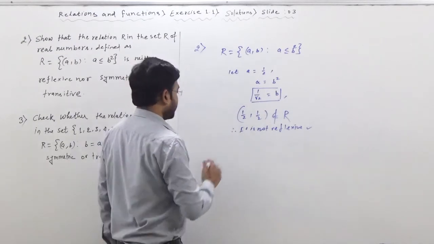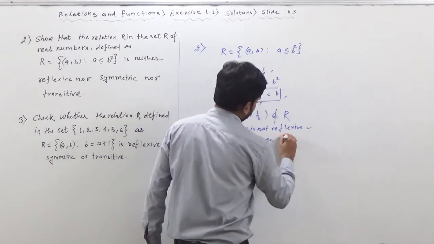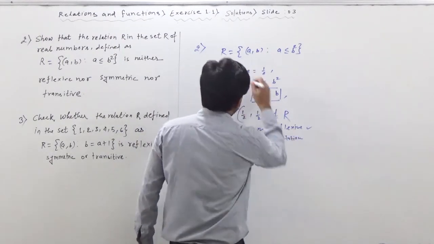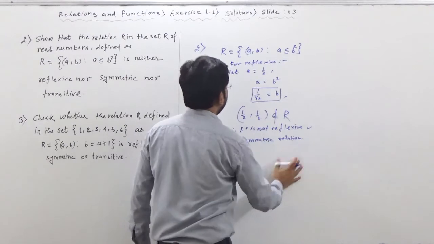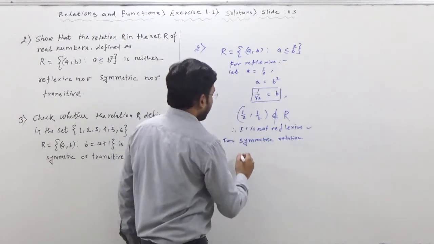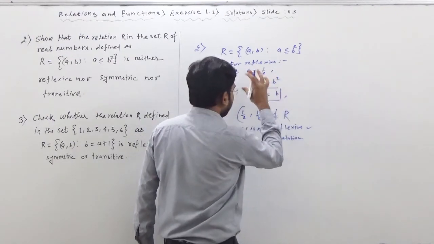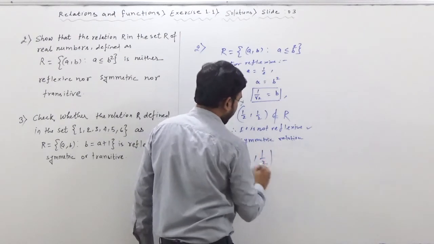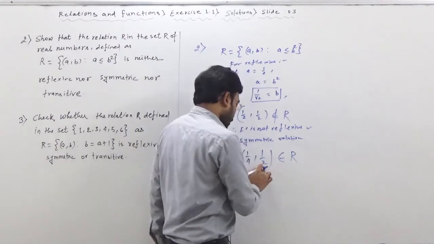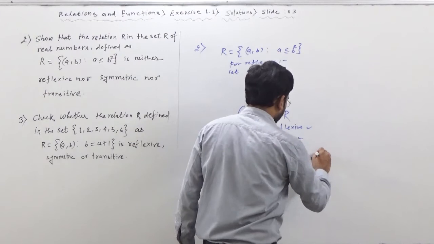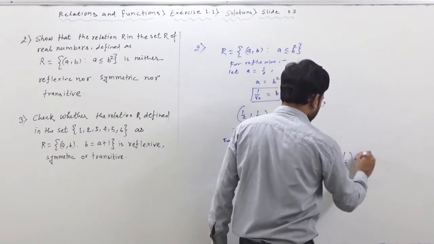Alright, now we will check it for symmetric relation. First we were checking for reflexive. Now we are checking for symmetric relation. When we are checking for symmetric relation, now if we say 1 comma 4, then 1 comma 2, is it okay? We can take this one as particular relation, yes or no? So 1 comma 4 comma 1 comma 2 is available, but can you tell me 1 comma 2 comma 1 comma 4, is that possible in this particular relation?